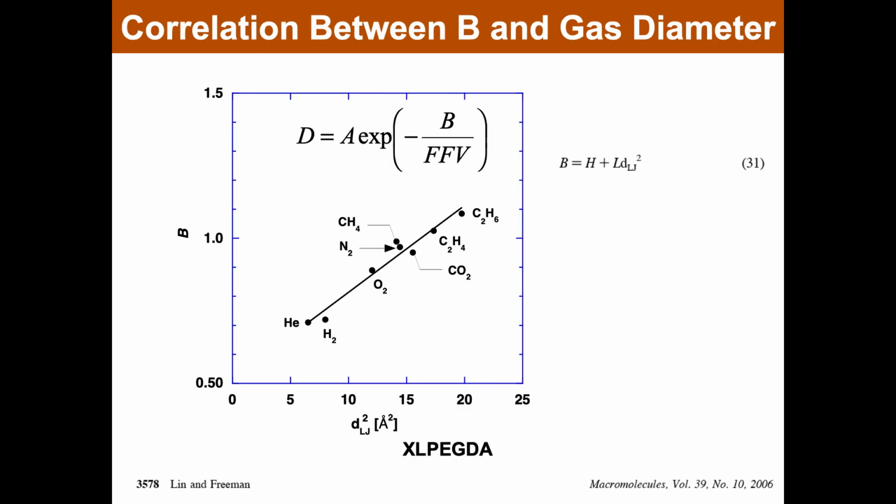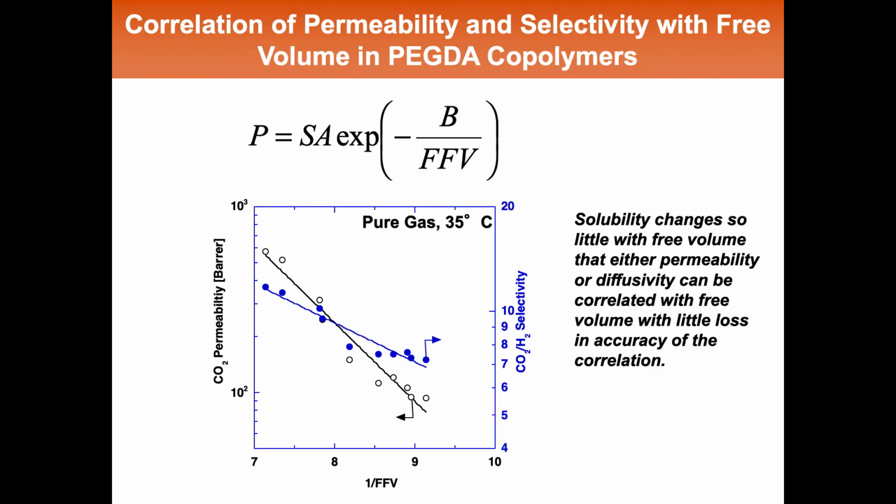If you look at a range of different penetrants, this parameter that is in the free volume model, remember there was a V star up here, the diffusion coefficients decreased as penetrant size went up, or this B parameter goes up with penetrant size. Well, here's a correlation of B with the cross-sectional area of the penetrant over the Lennard-Jones penetrant diameter squared over a range of penetrants. And the permeability also correlates well with free volume,